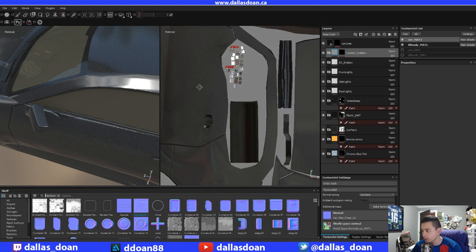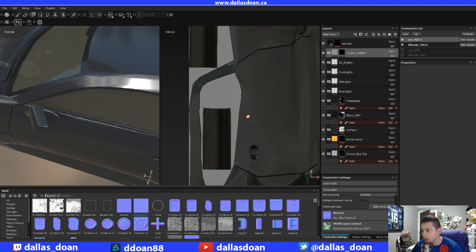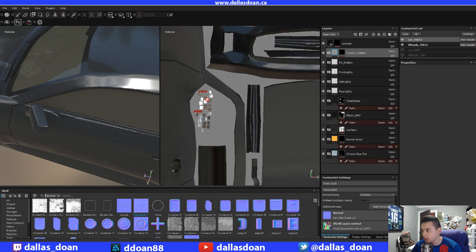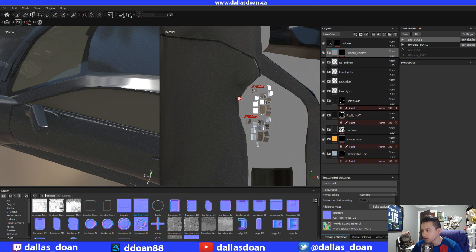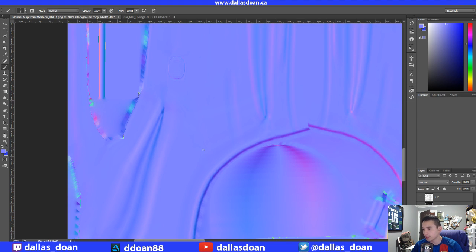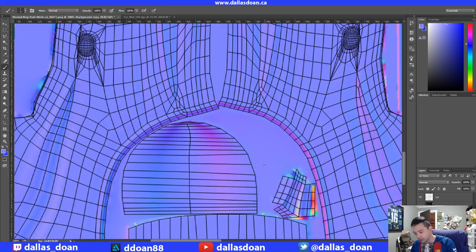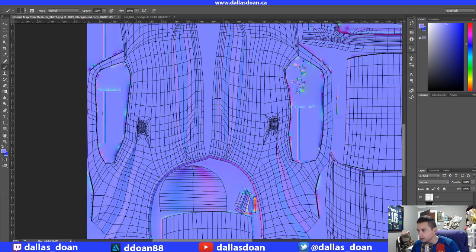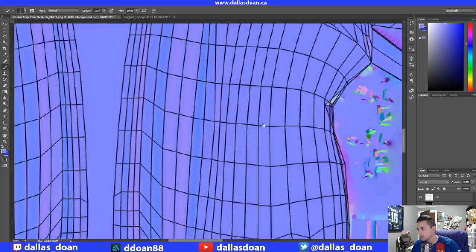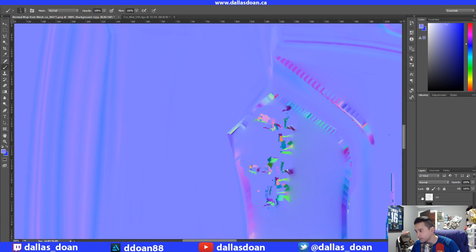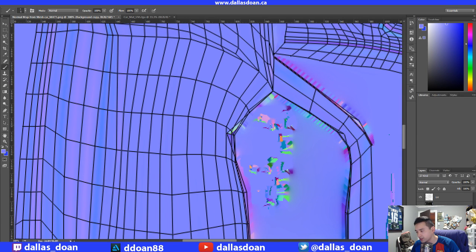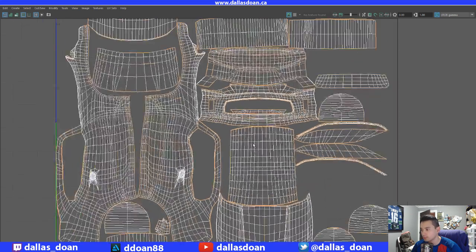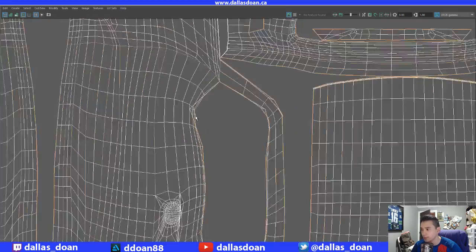So which side is that one? Is it this one? That looks like it might be. Yeah. Okay. So we'll go in and we'll fix that. I think it might be this one. So yeah, I'm just gonna go back in and fix that quickly here. So having the UVs really helps out with that, because now you can tell, like this little spot right here is pretty dirty looking, right? And that's like the UVs. The UVs are all mangled there, which is probably the reason why, honestly. Yeah, that's why, right? If my UVs